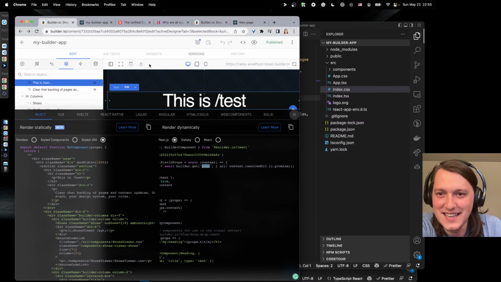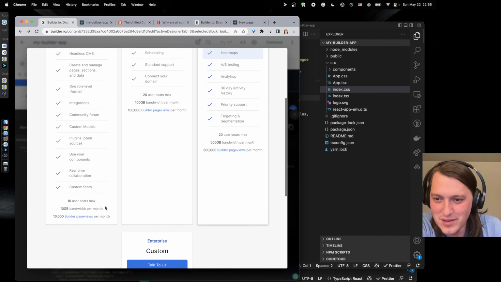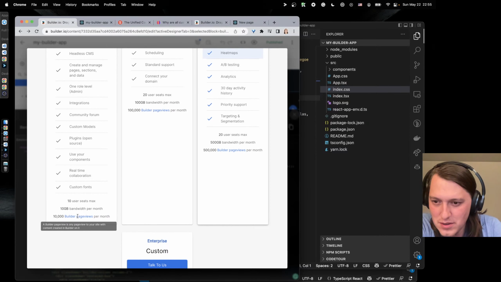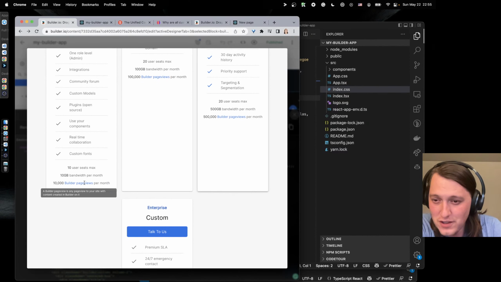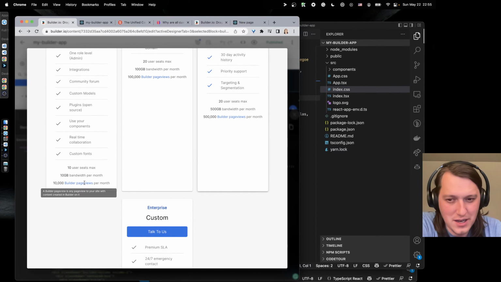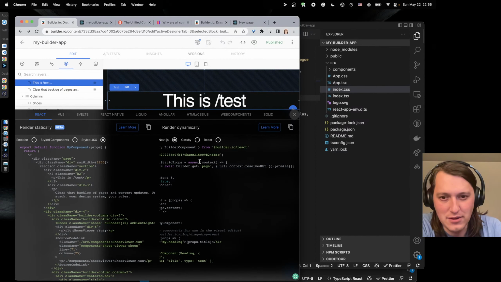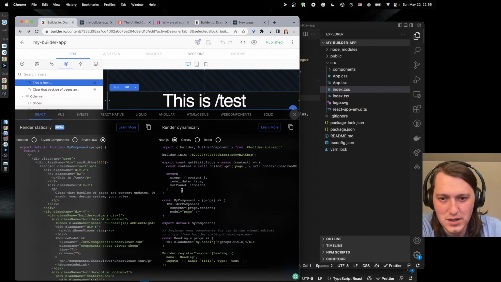I think they had a "learn more" on the builder: any page view of your site with content created in builder. Okay, so it feels like it doesn't matter how many components you have on a website, but if you have at least one, then you're getting billed for it.